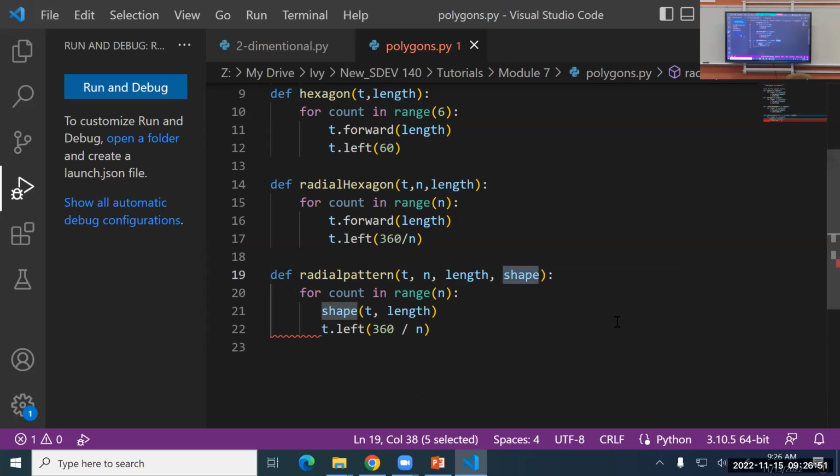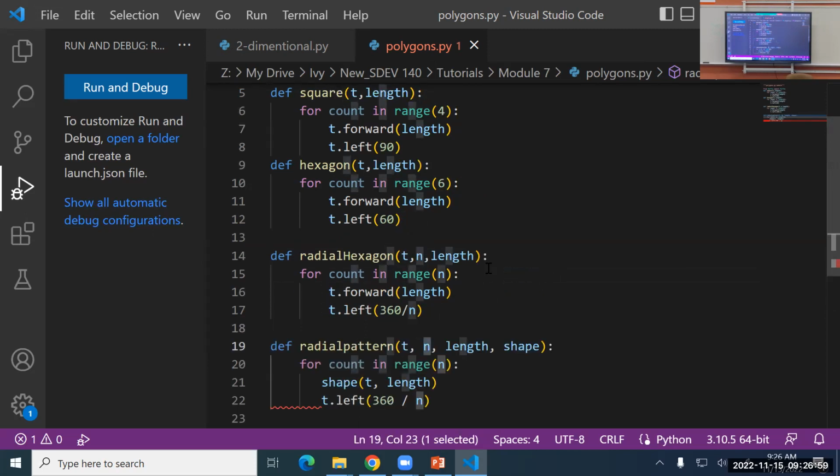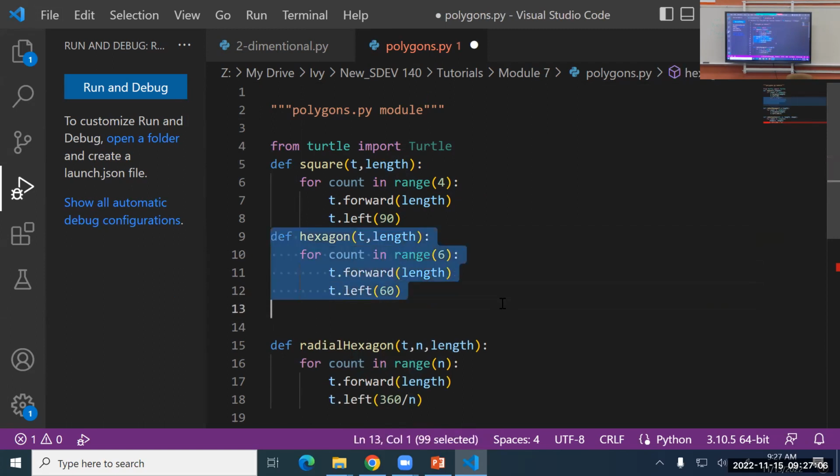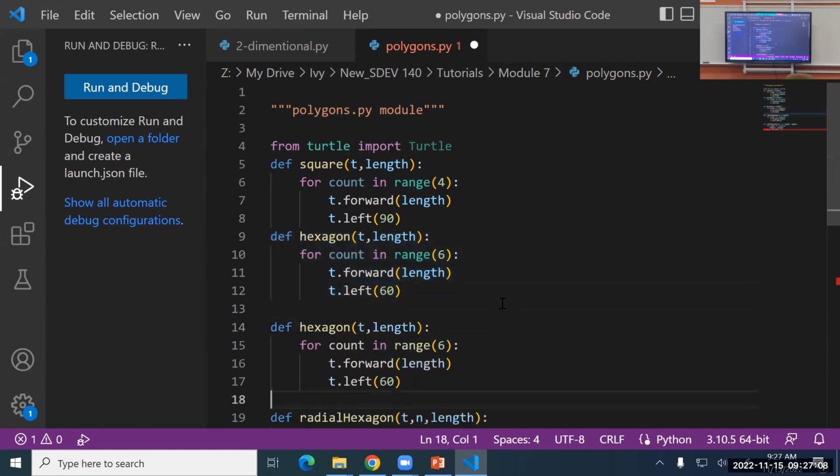So we have the square. If you have square, you have number 4 here, and this one is a square. And if you have number 5 here, the shape is a pentagon. But I do not define the pentagon here. So basically, if you want to do that, you have to do one more pentagon. And this pentagon has 5 sides, right? 5. Forward length and